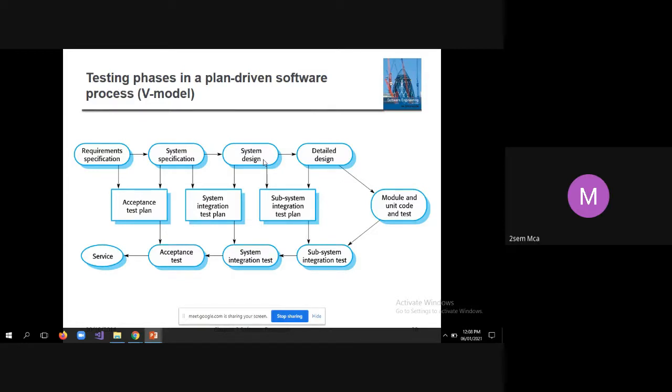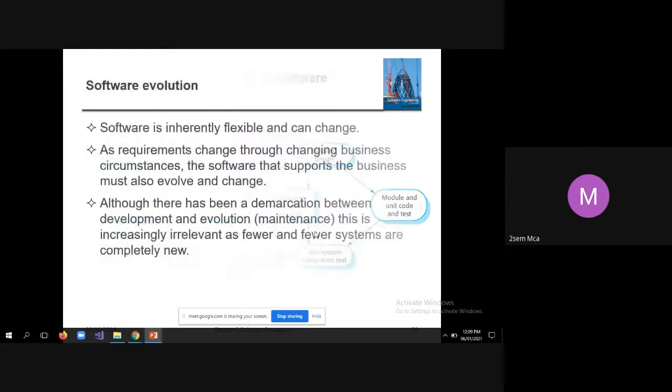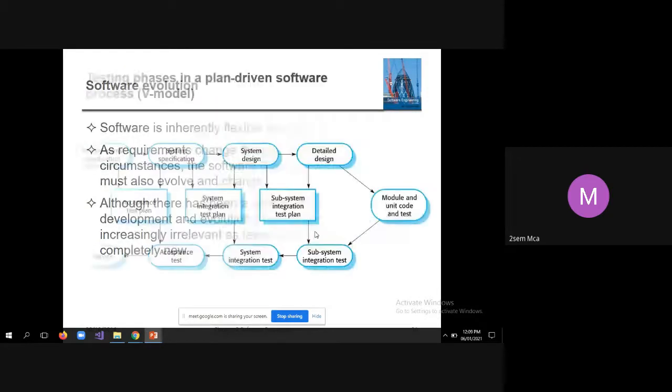Detailed design means coming up with flow charts, data flow diagrams, sequence diagrams, and use case diagrams. When you have the system design and detailed design documents, you can come up with the subsystem integration test plan. Using that, subsystem integration test cases can be designed.